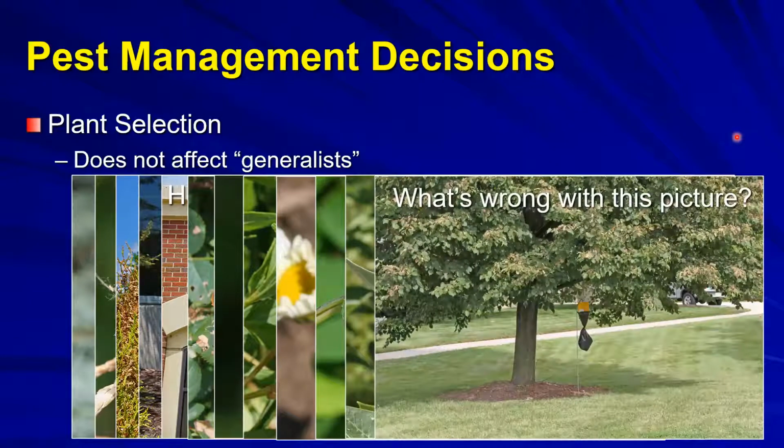And what's wrong with this picture? Well, Japanese beetle traps are very effective. They can have a floral scent. They can also have that combined with a pheromone, a sex attractant. So the males think they're coming in to find females. And they are very effective. So let's hang one under one of the favorite foods of Japanese beetle, a linden tree. That's what's wrong with this picture. But even more wrong,